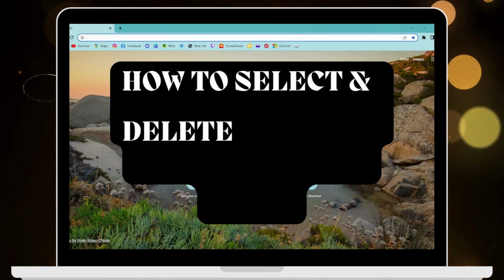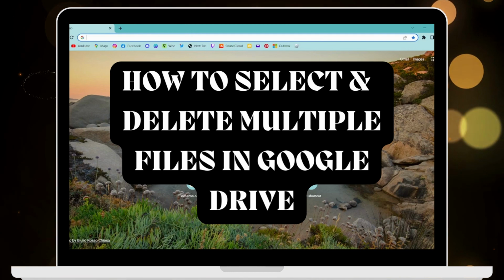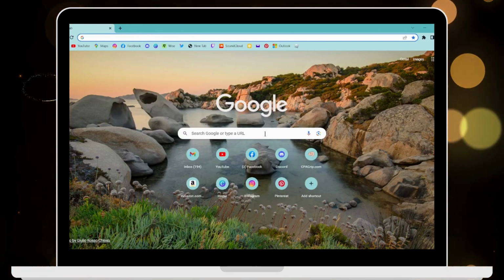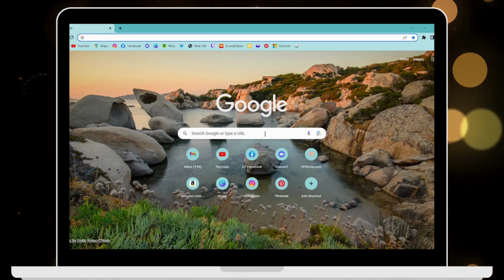How to select and delete multiple files in Google Drive. So if you want to select and delete multiple files in Google Drive, then first of all, open up your